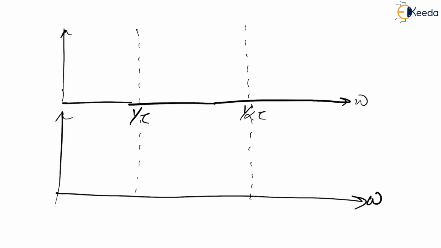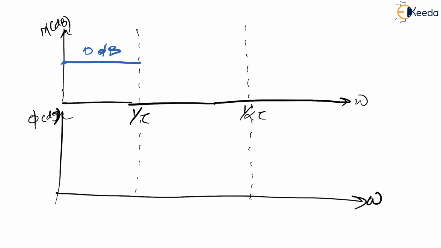Let us see. This is magnitude, so this becomes magnitude in dB, and this is definitely going to be phase in degrees. Now, let me draw the Bode plot for the same. It is going to be very easy. Do you agree with me that from 0 to 1 by tau there is nothing, so the slope has to be 0 dB. We have done a lot